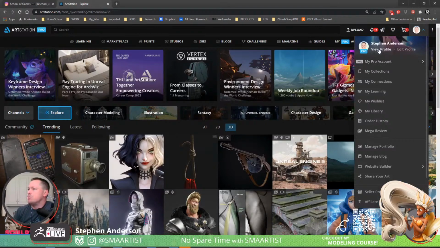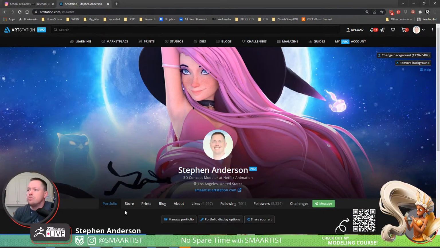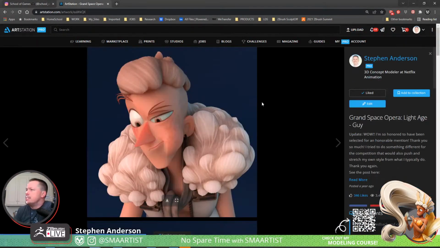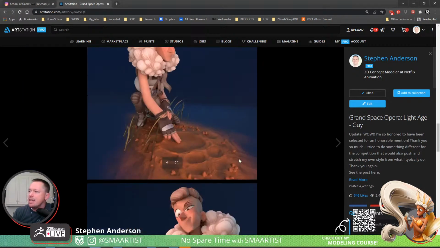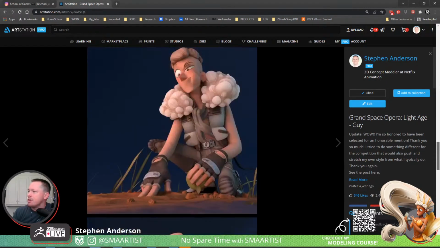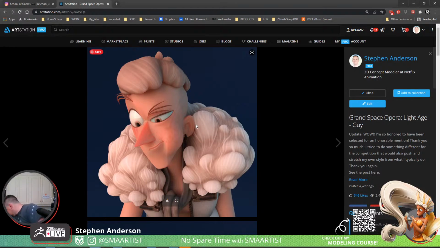ArtStation. Come down in here. We'll check out this guy. All right. So yeah, this is kind of a little bit of what I'm thinking so far as anatomy and face and things like that. We'll probably just keep it up here at the top with that first image because it's really easy to see some shape and some plane changes that we have happening on here. So